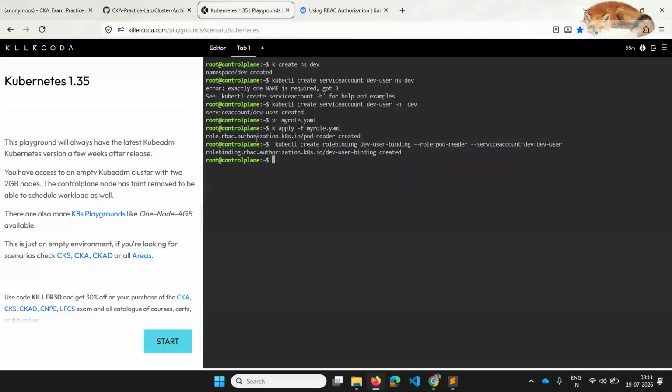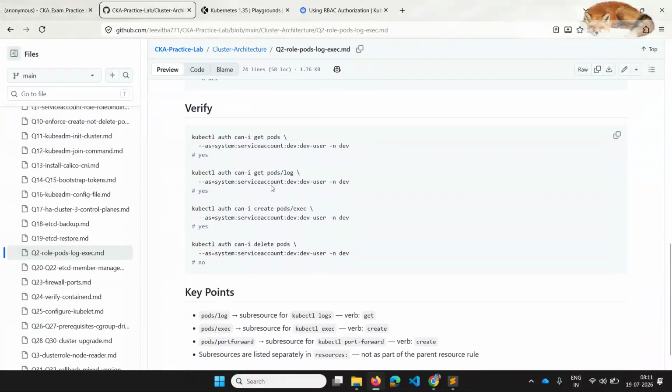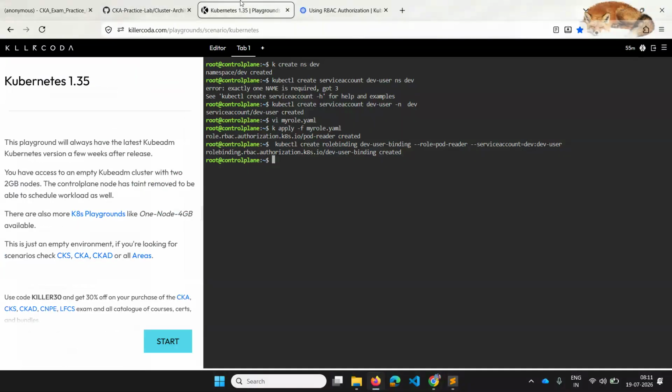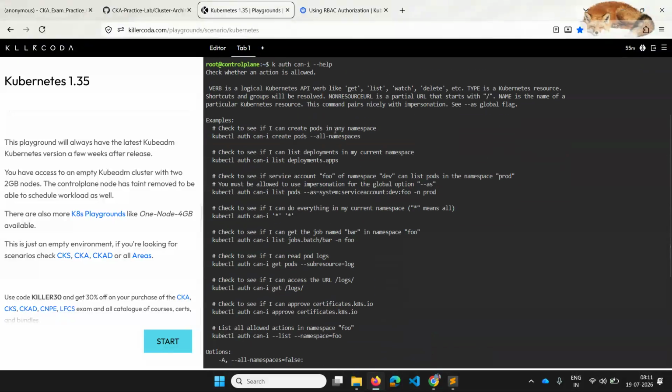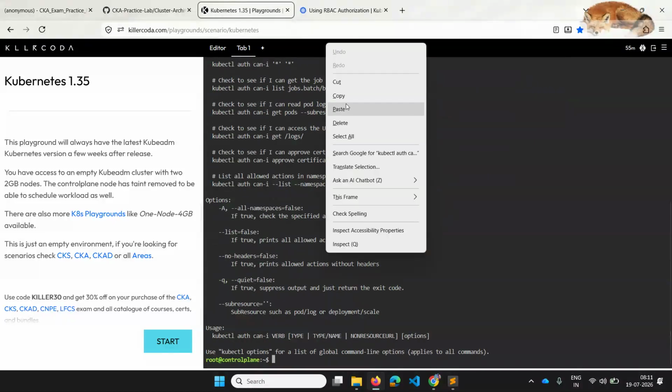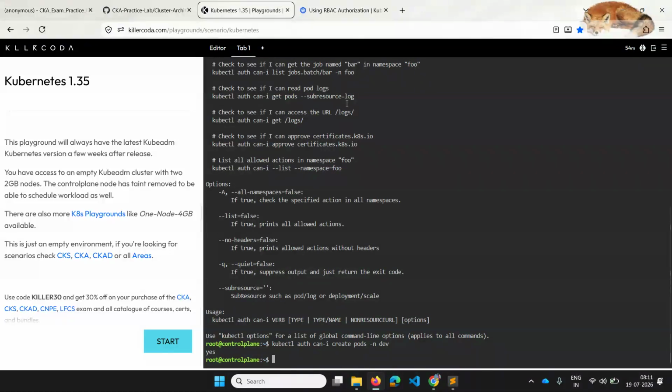Now, in order to test this, you can always use auth can-i. If you're not sure about this command, just remember k auth can-i and do a help. You can do, can I create pods, in the namespace of dev, and it's yes.